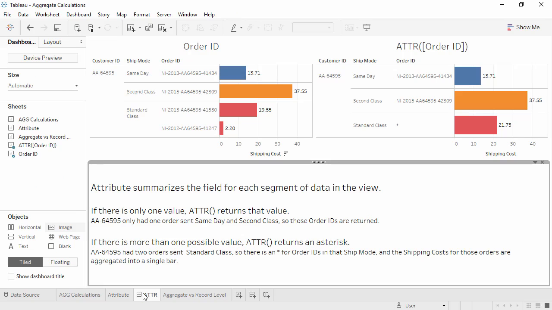Attribute checks to see if there's only one value for a given field for all rows in a result set. If there's only one value for the data selected, attribute returns that value. If there's more than one value for the subset of data, it returns an asterisk. Another way of thinking about the attribute function is as the equivalent to the logical test, if min equals max,